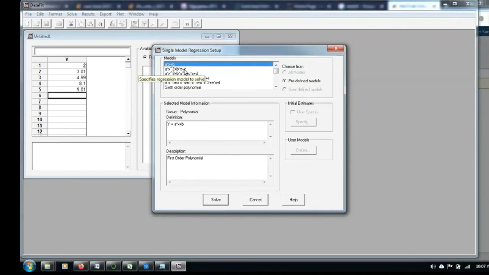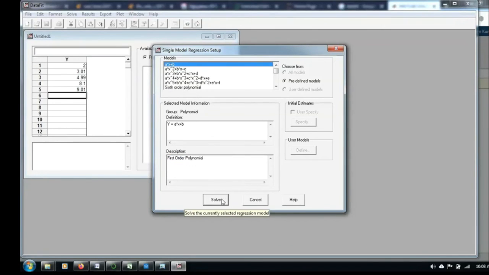If you want, you can even give ax square plus bx plus c. Suppose you are giving ax square plus bx plus c. In this particular example, the a value should be approximately 0, because the x square term will not be there, as we already know the equation of the line by hand calculation. It will be almost a straight line. So if you choose this model, then a will be approximately 0, b approximately 1, c approximately 1. I hope you understood the logic. Without wasting much time, this is the second order polynomial shown here. Let us put the first order polynomial initially.